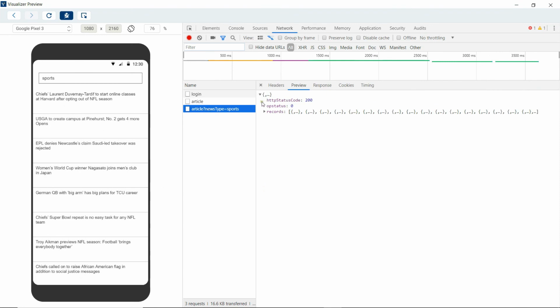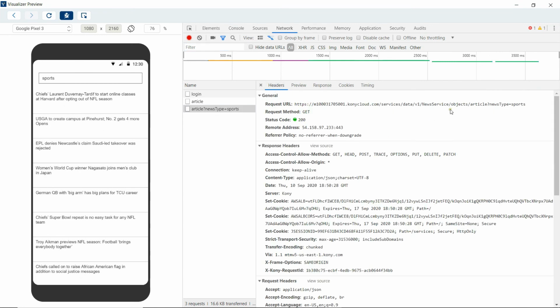If we look at the request, it is being invoked to the object service news service and the articles object inside this news service. The get operation on this articles object is currently pointing to the Fox News feed.